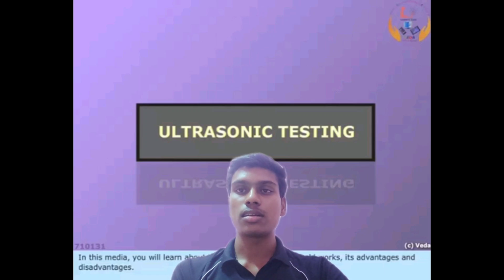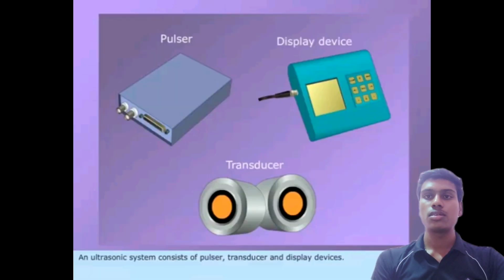In ultrasonic testing, there are three major components which are used to find out the flaw which is inside the material. The first component is the display. With the help of the display, we are able to see the amplitude of the defect which is present inside the material. And then,